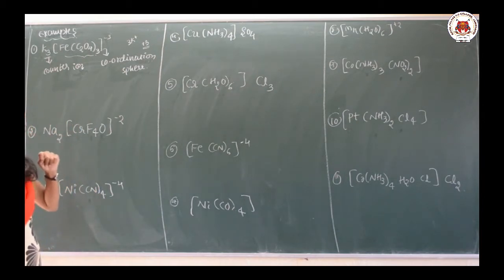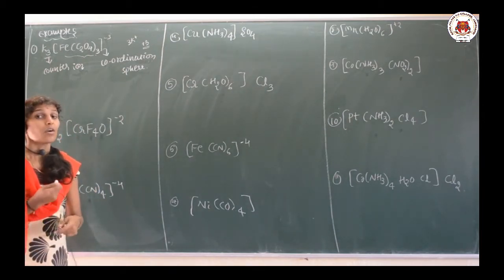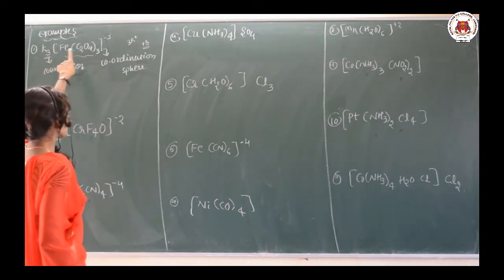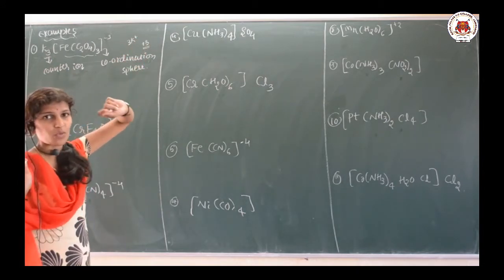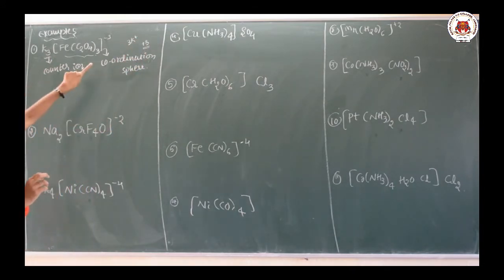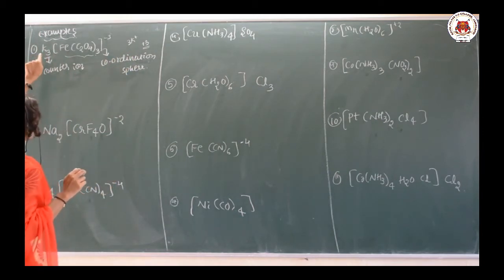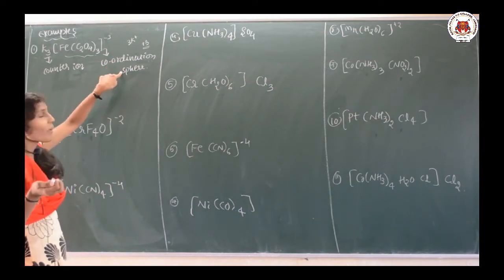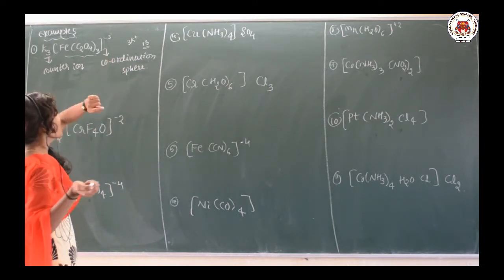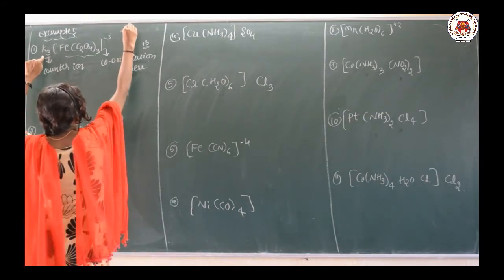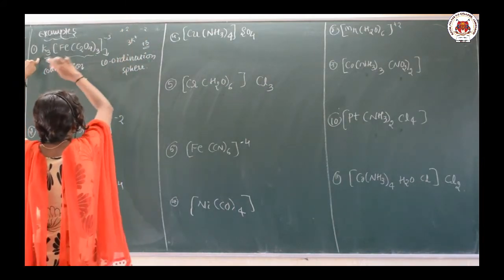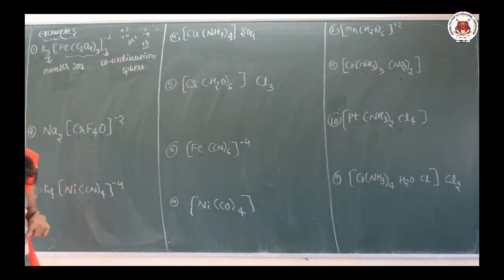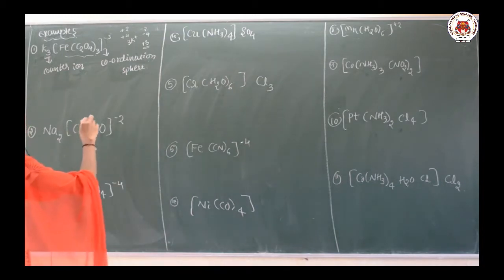Then only you will be able to understand how to find the oxidation number. First of all, look at the counter ion and think about its sign. K plus, and how many K are there? Three. It means plus 3. The charge of the counter ion is plus 3. So the coordination sphere charge will always be the same number with the opposite sign, that is minus 3. Suppose the counter ion charge is plus 2, the coordination sphere charge is minus 2. Suppose it is plus 4, the coordination sphere charge is minus 4. Always it must be balanced. Clear?